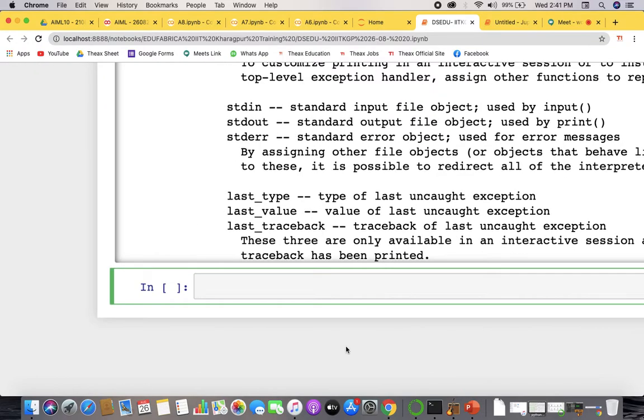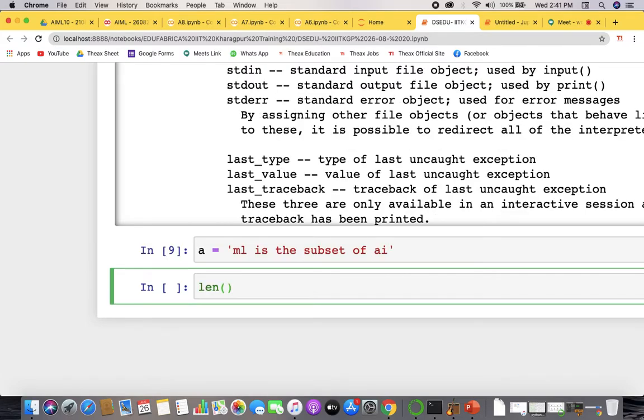Let's consider a string named a, and this is: ML is a subset of AI. Okay, this is a string.